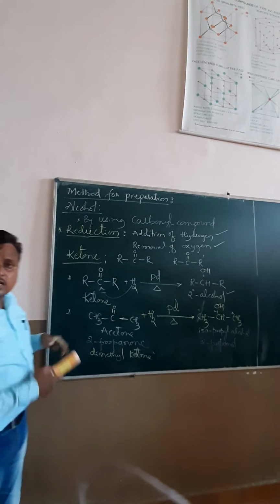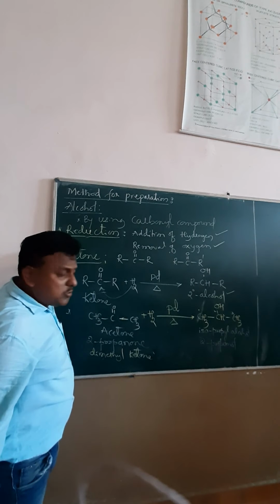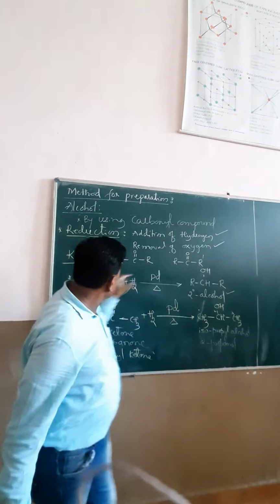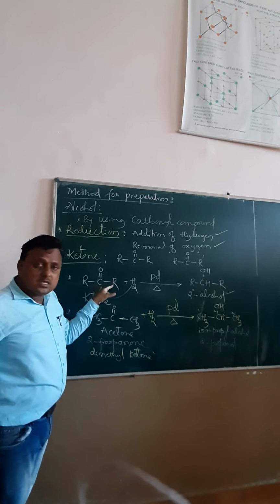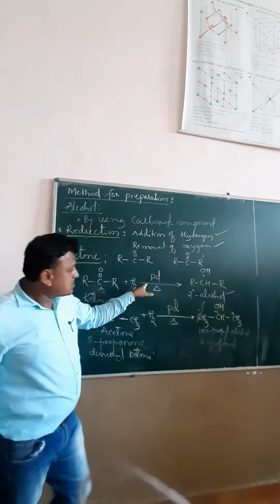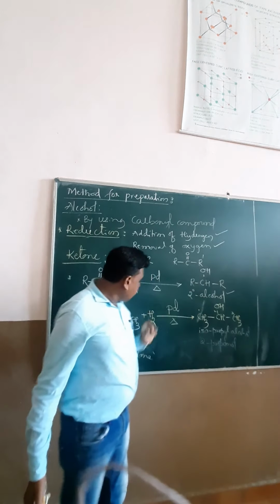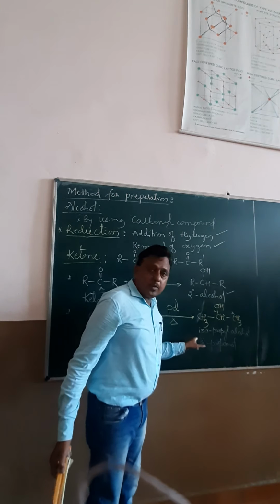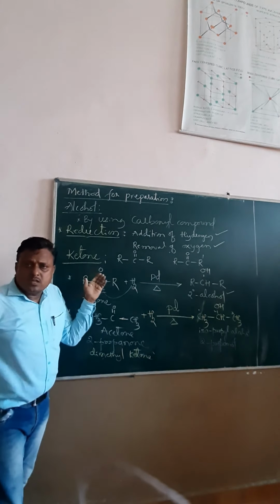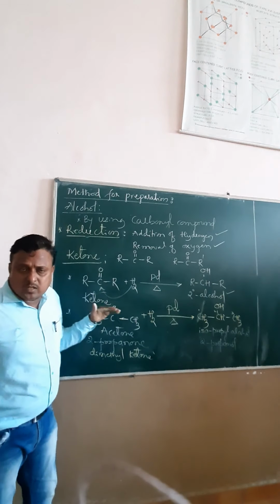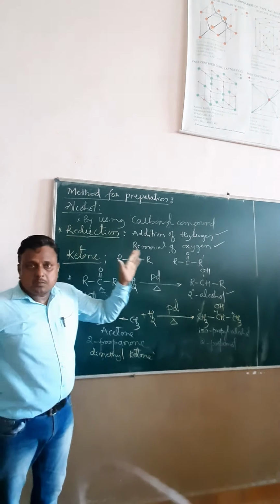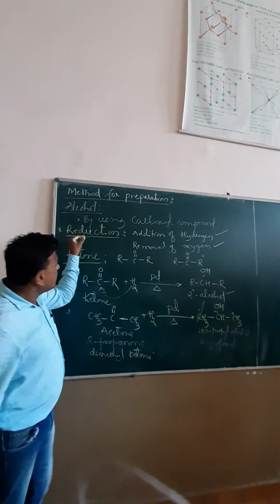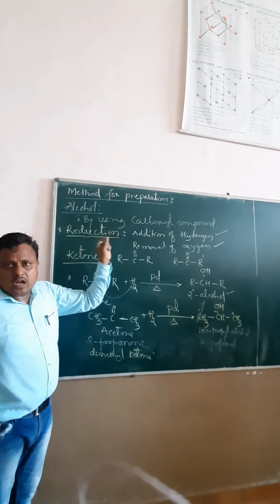I repeat this concept once again. Ketones are of two types: symmetric ketones and asymmetric ketones. Let us begin with a ketone, R-C double bond O-R, as an example. It undergoes reduction to form a secondary alcohol. For example, acetone undergoes reduction to form 2-propanol. Just think about the difference between aldehyde and ketone: in the last one and here, as aldehyde gives a primary alcohol, ketone gives a secondary alcohol. So this is a simple reduction reaction of aldehyde and ketone.